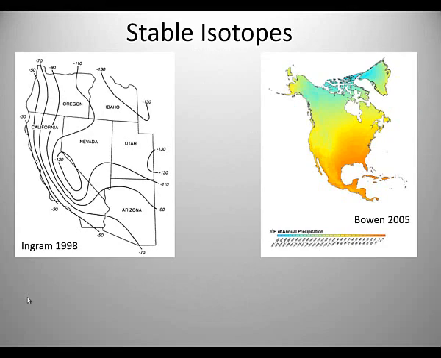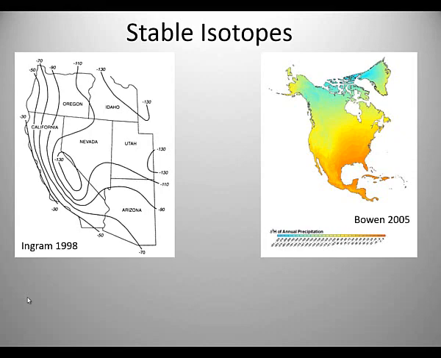So to get at these questions, we took a page out of the bird migration book to use stable isotope analysis. I'll just give you a brief primer: these are some maps of hydrogen isotopes in precipitation as it changes across the latitudes and longitudes of the continent. So the idea is that there's a certain isotopic concentration in precipitation that becomes incorporated into the groundwater. The plants live on that water and incorporate that isotope ratio. The insects feed on the plants, the bats feed on the insects, and that isotopic ratio is reflected in bats, in this case in the fur of bats, which we assume is grown on their summering grounds.